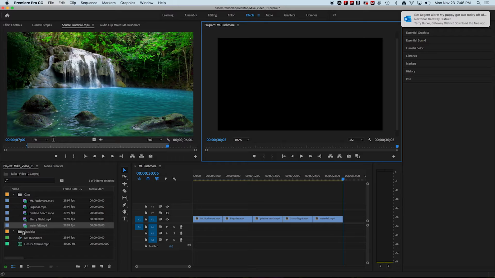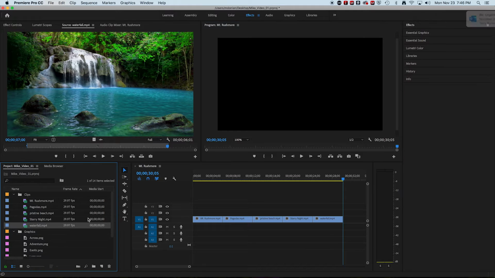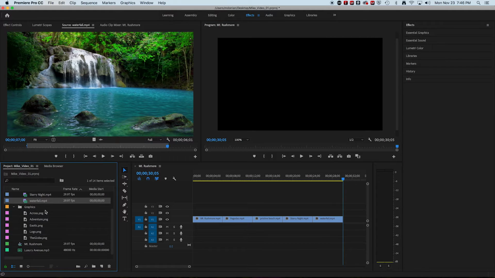This one really couldn't be easier. So you can see that we have five graphics down here. These are all in the PNG format. And if we read them in the proper order, it says exotic adventure across the globe, and then there's a logo. So why don't we start off with the logo, and we can drag these directly to the timeline, and we're going to put that in a video layer on top